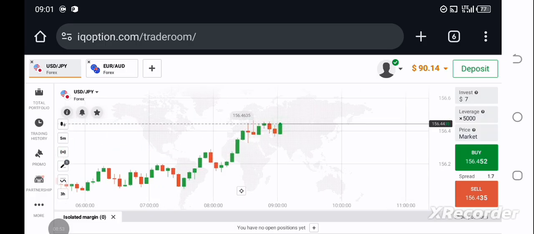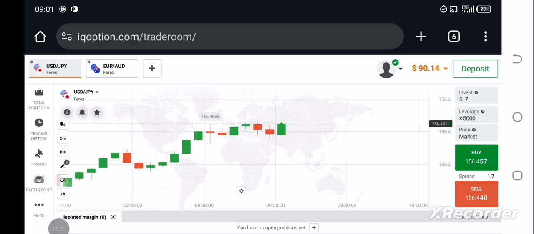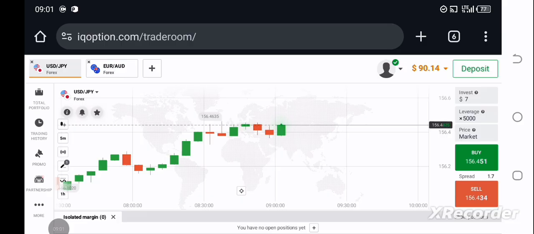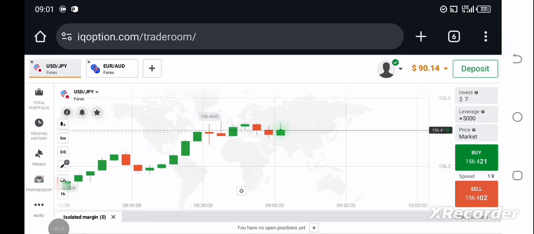Okay, the candle is moving so fast. This is 5 minutes candlestick. Today is Wednesday. So the volume is very good at this time. So this is 9:01 a.m. You can check the trading session. I think we have still not entered the cross of London and New York session yet. So